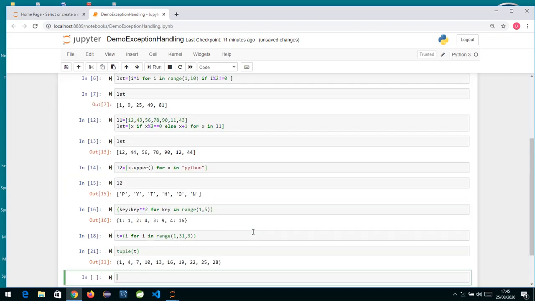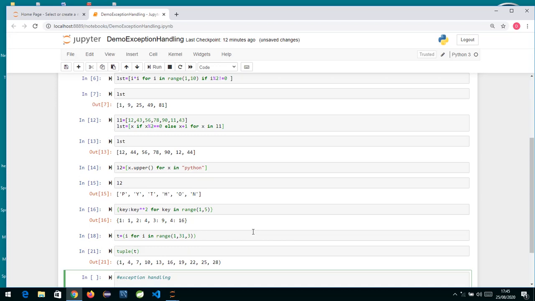Now we will move to the next thing, that is exception handling. Okay, so what is exception handling? Exception basically means an error due to which your program is going to terminate abnormally. Any error, like we have attribute error, value error, name error, or index error. Whenever such an exception occurs, the program is going to stop abnormally right there.